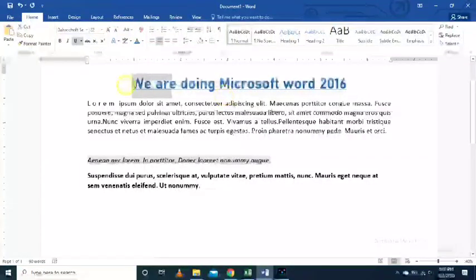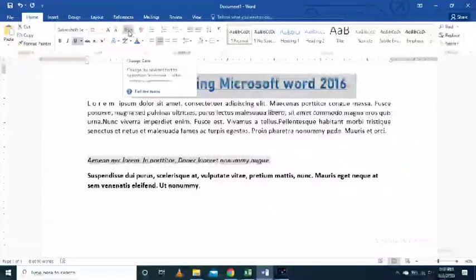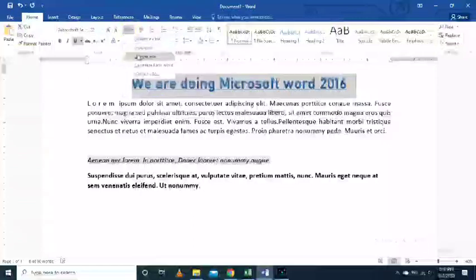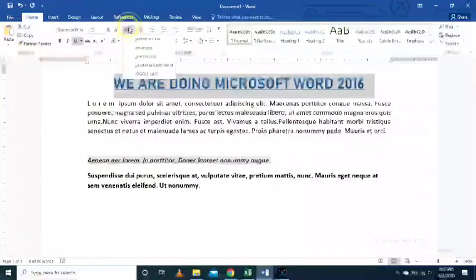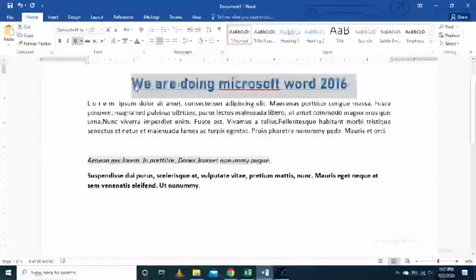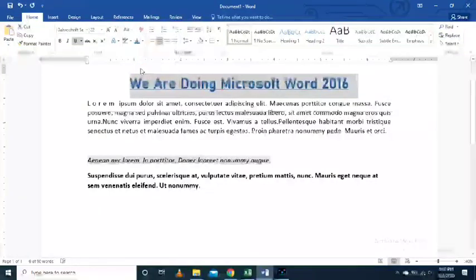You can do that by using the tools under the home tab again. You'll find here AA, just click it and you'll find uppercase. See, it is changed to capital again. Sentence case, the first letter of the sentence is in capital, like that. Capitalize each word, so in each word the first letter is capital, like that.